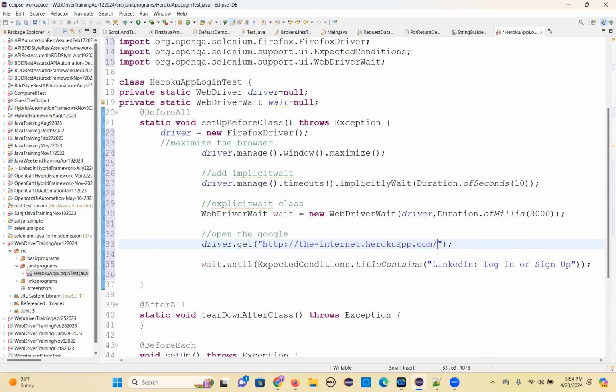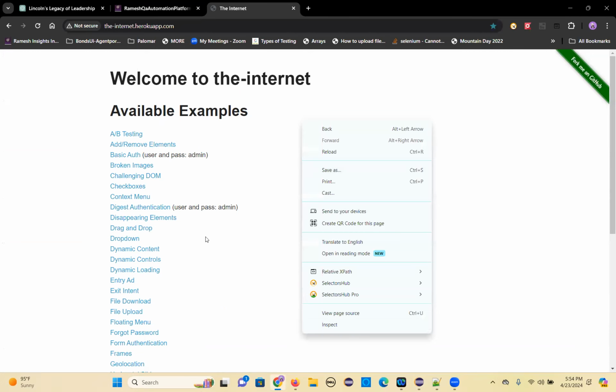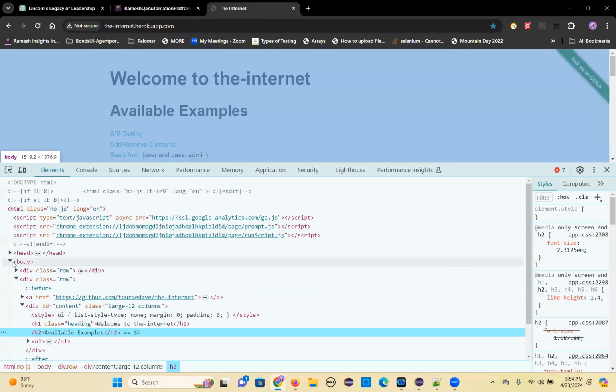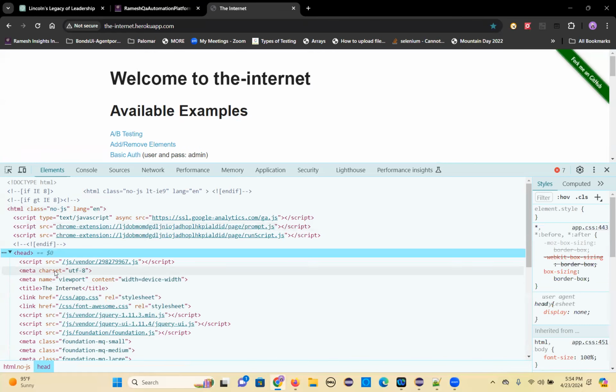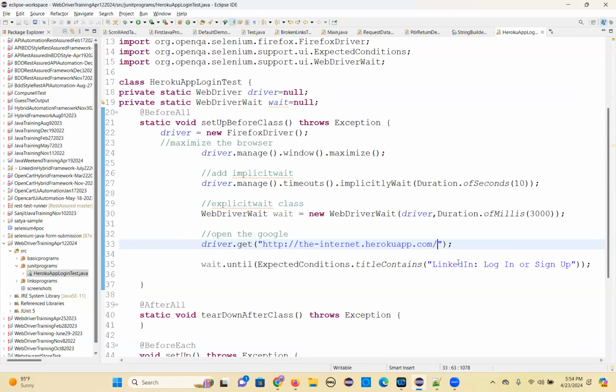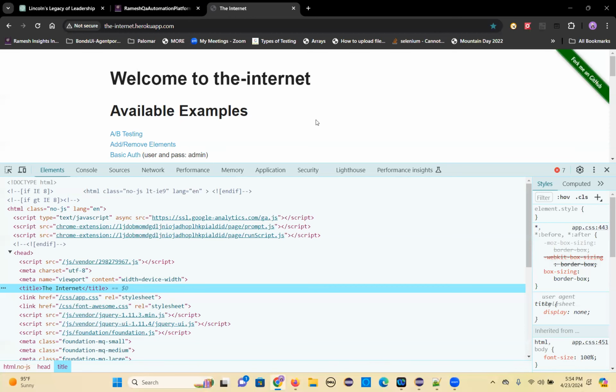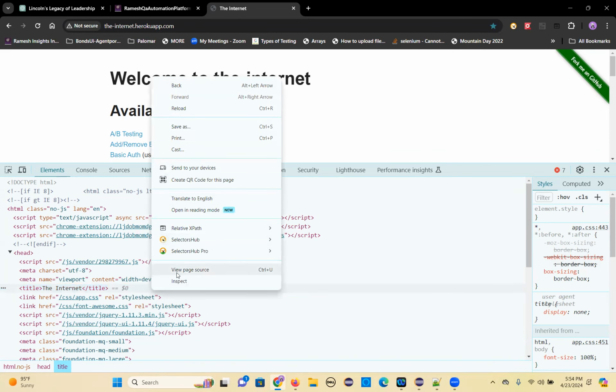So find out the welcome to the internet or this title. So I'll just get the title. So title, here is the title. Basically the title will be same for all the pages. Now, so you need to click on, or you can wait for this